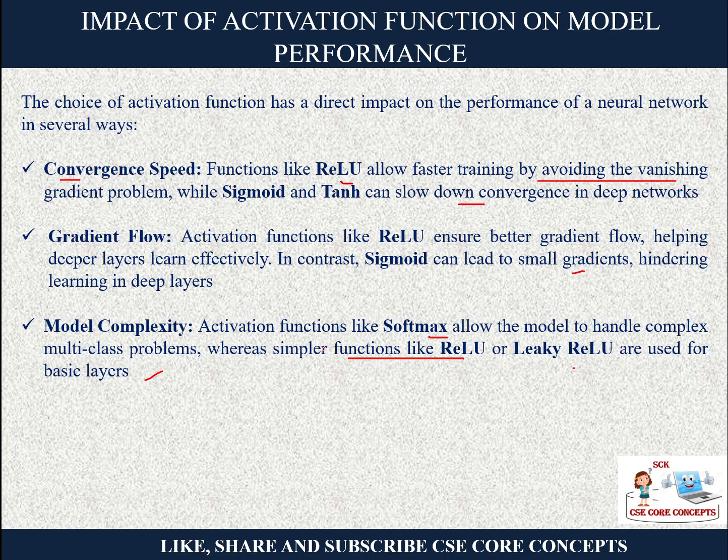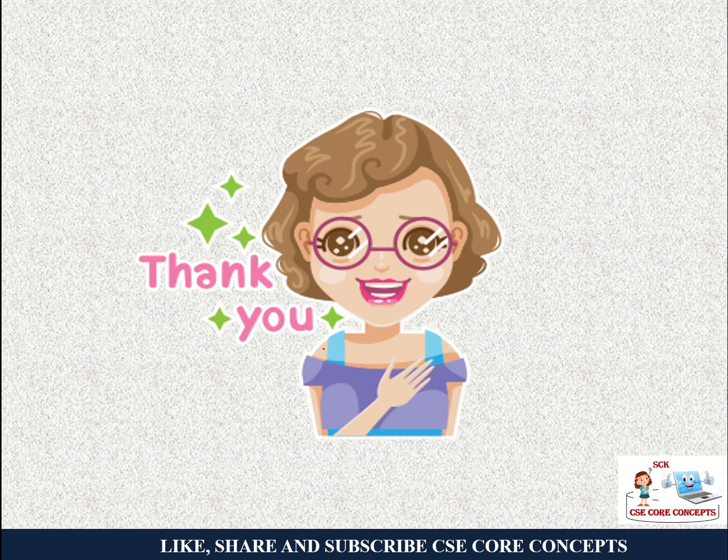Within the hidden layers, you can either go for tanh, ReLU, or leaky ReLU. But for the output layer, you have to go for softmax. You can say softmax is one of the most popular approaches because it can work for binary classes also, and for multi-class, right? So this is how the activation functions impact the performance of the model. I will also cover a video on the gradient flow, what the gradient is, what the vanishing gradient problem is, and what the exploding gradient problem is, which are majorly impacted by the type of activation functions we use.